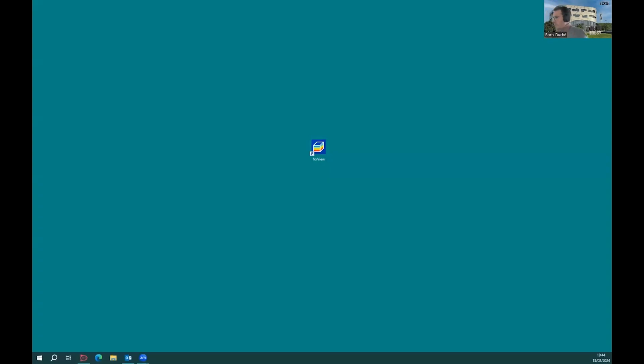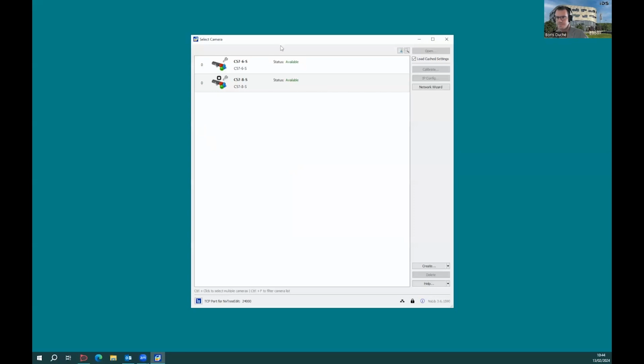Okay, so now we have seen the theory: how the camera works, how the matching algorithm works, how the images are rectified. Now I would like to take a look at the software so that you can optimize the settings of the camera to match your use case, your application. If you watch this video, I guess you should be familiar already with the NX-View software that we provide with the sensor cameras. Let's open the NX-View software.